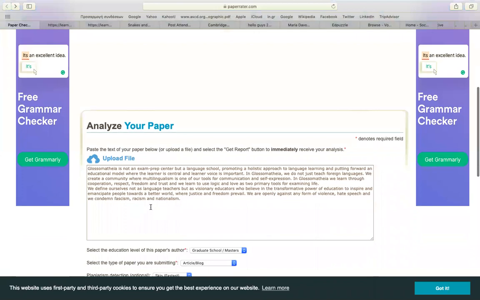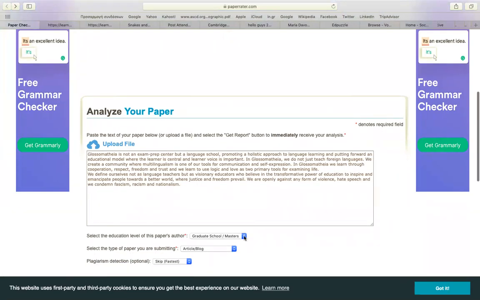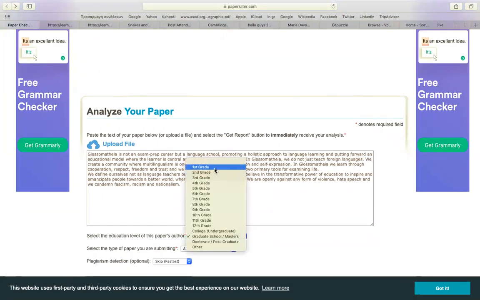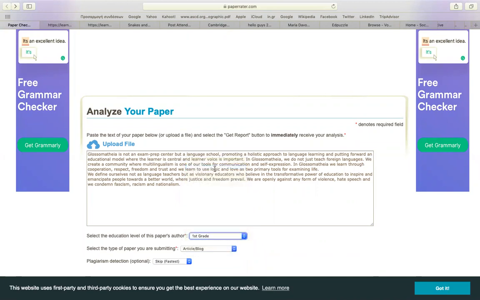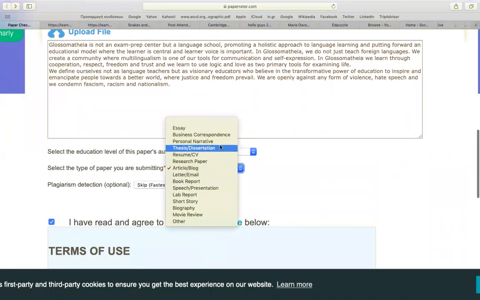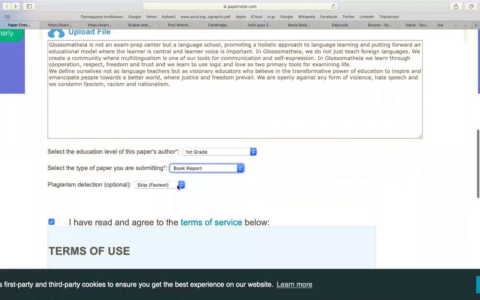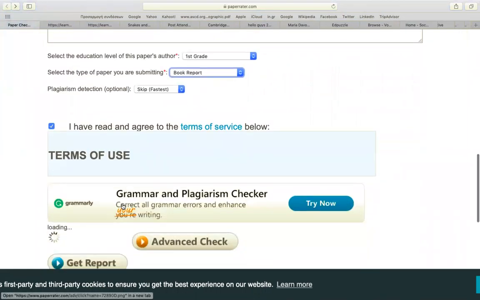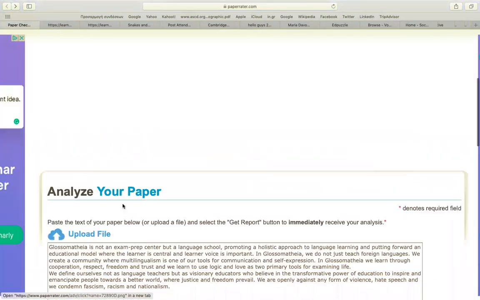They can insert the writing here before they send it to you. Then they have to say some things about themselves, like what grade are they? What kind of paper are they submitting? Like it's a speech, a presentation, a book report, a letter, an email. Skip the plagiarism detection because it takes more time. And then